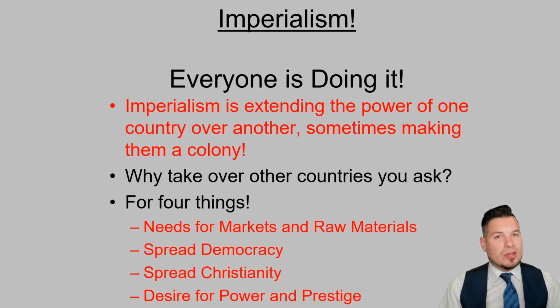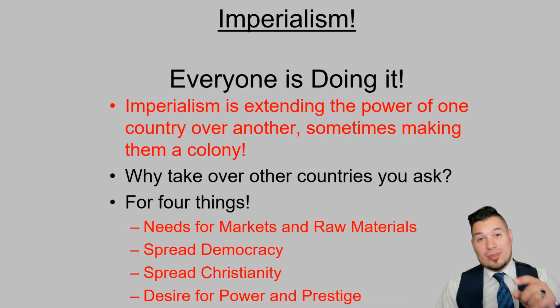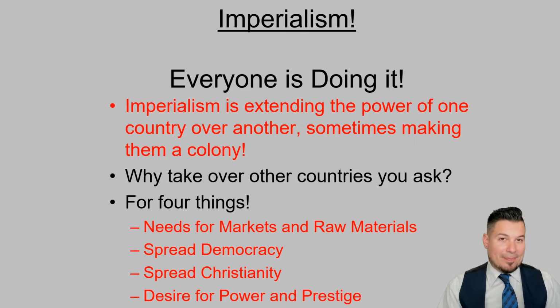It's also raw materials. One of the best examples during this era is the French taking over what is today Vietnam. Back then, it was French Indochina, a colony for France. And there they have rubber trees, where rubber comes from. But you don't have rubber trees in France, but you have them in French Indochina. So those raw materials that are there, now the French can take and sell that. So there's a big gain for that. Again, the need for markets and raw materials is a huge reason for them to take colonies.